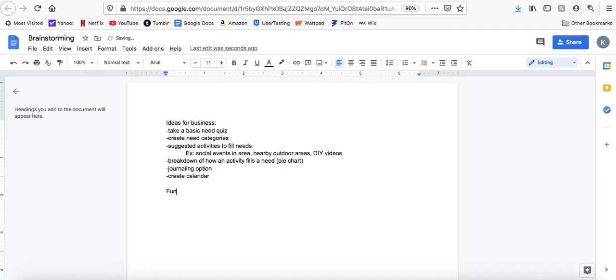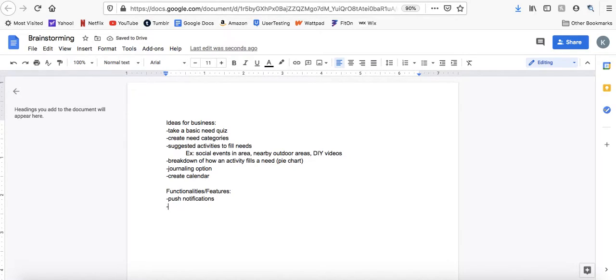So after that, we look at our functionalities and features of an app. Not only why are we creating it and what is the business going to do for people, but how is the app going to work? How is the website going to work? How is the business going to function? One of the biggest things here is obviously push notifications. I love push notifications. I feel like every app needs them, so I always put it.